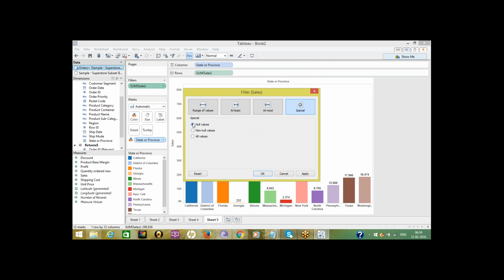But if I want to see only the null values? We can see only null values, or only non-null values. Can you apply? We don't have nulls here. Okay, fine.